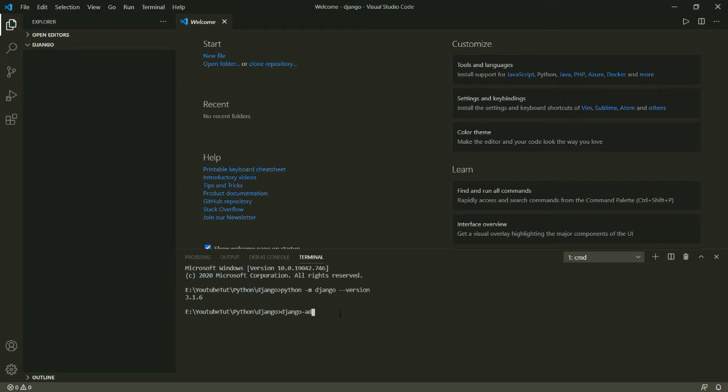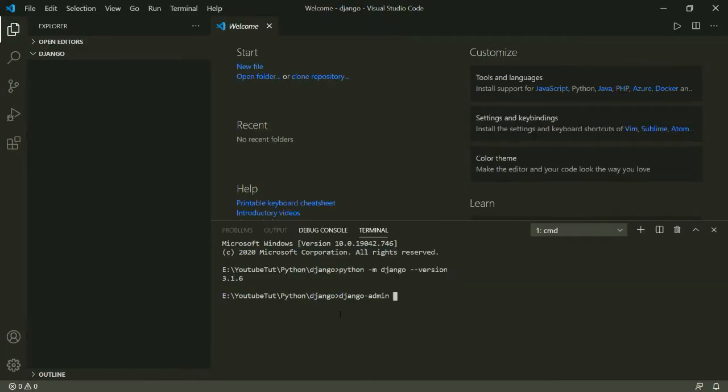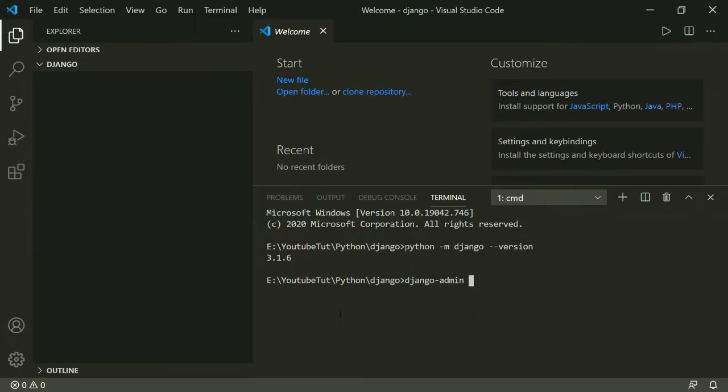This is basically an admin command, django-admin, and let me zoom in here a bit. Okay, you can see django-admin, and I will write startproject. Basically we are starting a project, and I will give it a name, let us say myfirstwebsite.